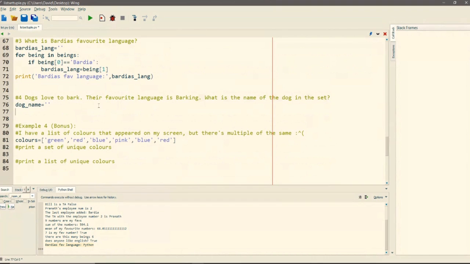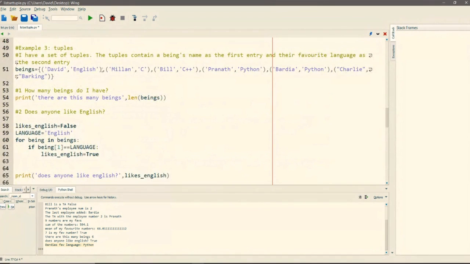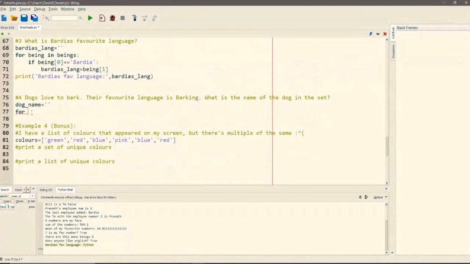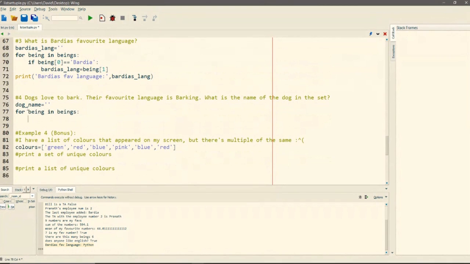Okay, so next, in this scenario, we want to do a for loop because we can't just use an in. That's not going to be very practical for us. So we're going to say for being, exactly how we did it in beings. Okay, sweet. So now we're looping through all of the beings, and we want to check if any of them enjoy barking.